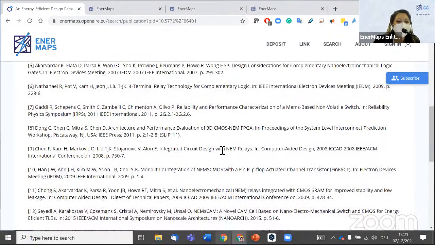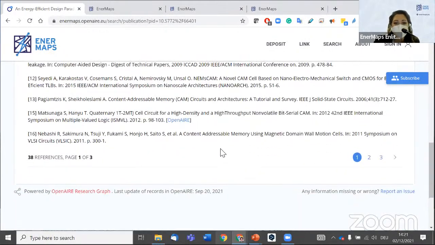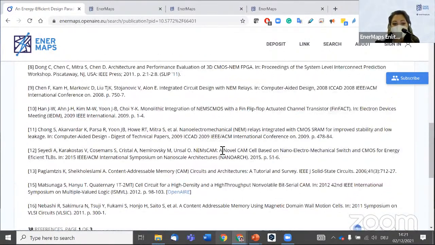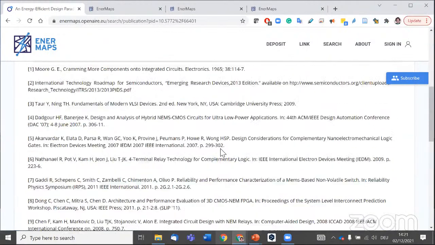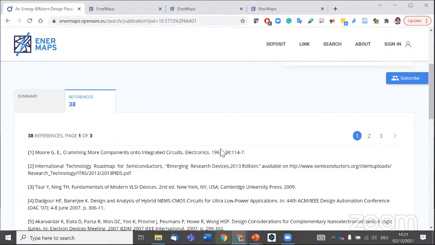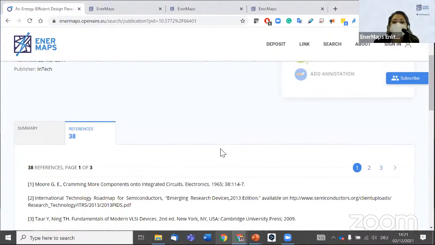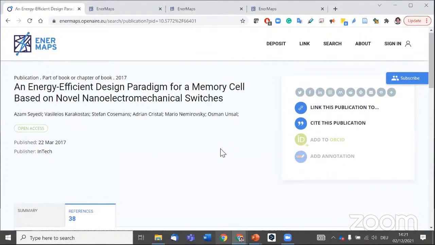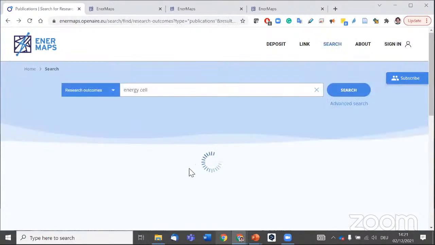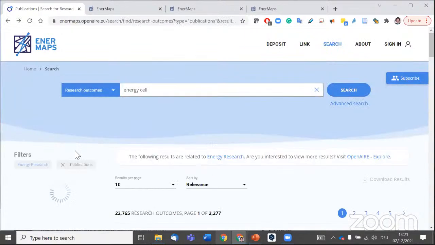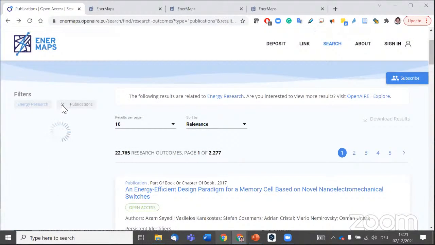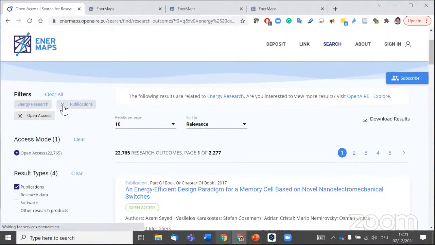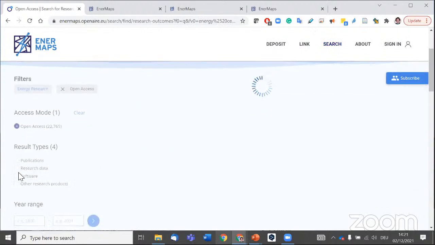Alessia, are these the references that are quoted in this publication? Yes, these are the reference list in this publication. Okay. And if this publication was also linked to a dataset or a software, you would also see a dedicated tab here, so that you can basically navigate from the publication to the datasets to the software, exploiting all the links that the publication has.